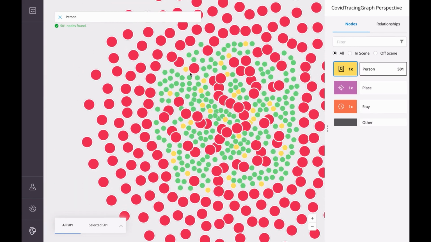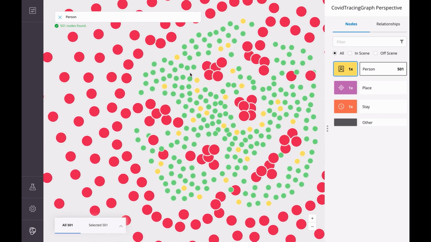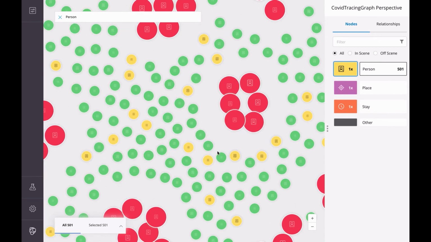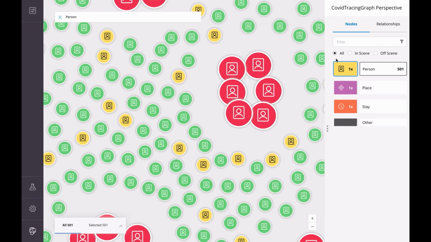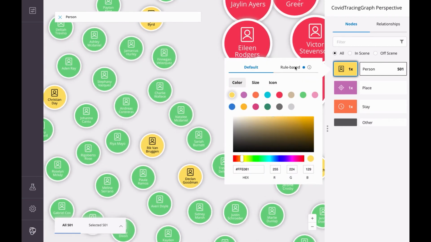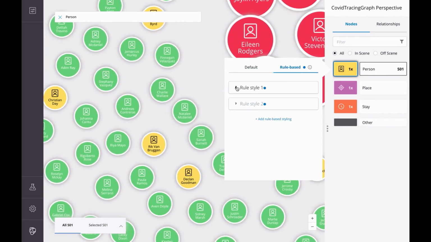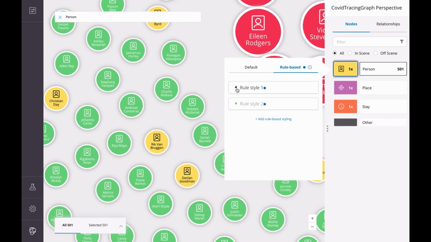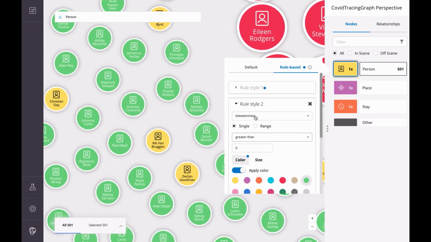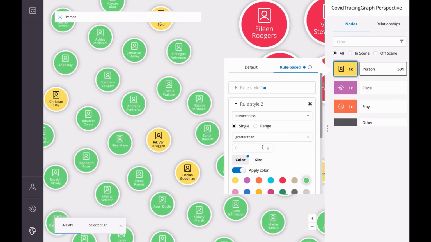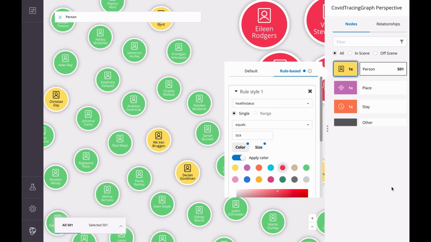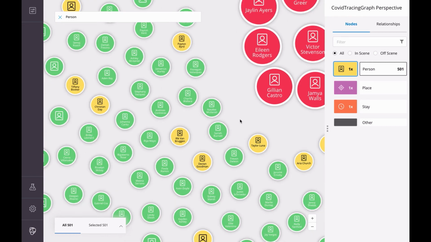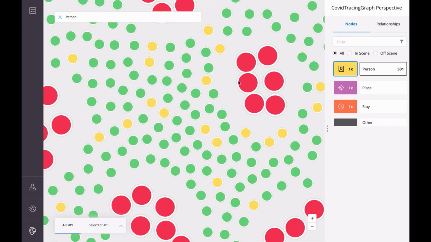All of a sudden, I see a lot of person nodes appearing. But I can also see that there's something interesting about them, because they have different colors. Why is that? Because I have a couple of rules here, rule-based visualizations, two of them. One of them says, if someone is sick, then I want it to be red. If a person has a betweenness score greater than 0, then I want it to be green. That's how I've set this up right now, so you can take a look at that and take this a little bit further. Rule-based visualizations are super interesting to make easier sense out of this. And this becomes a lot more apparent when I, let me just clear this,